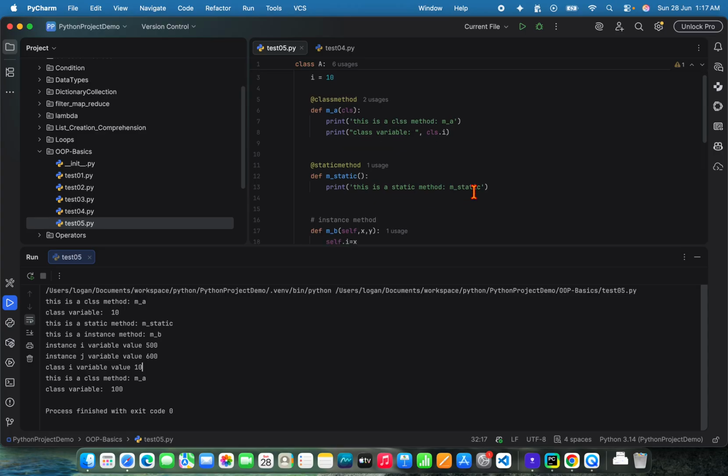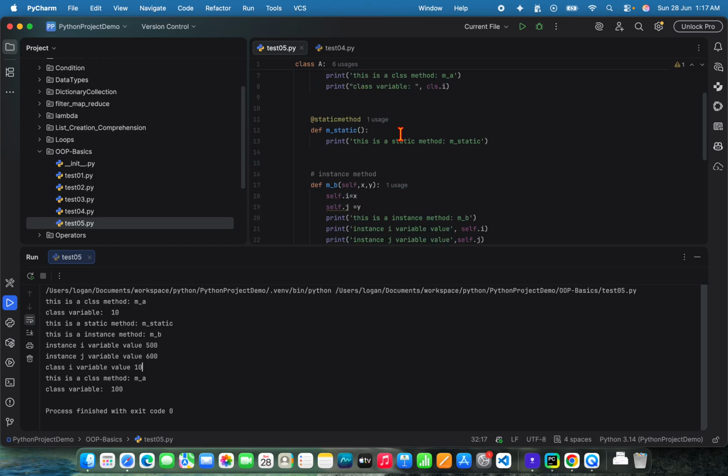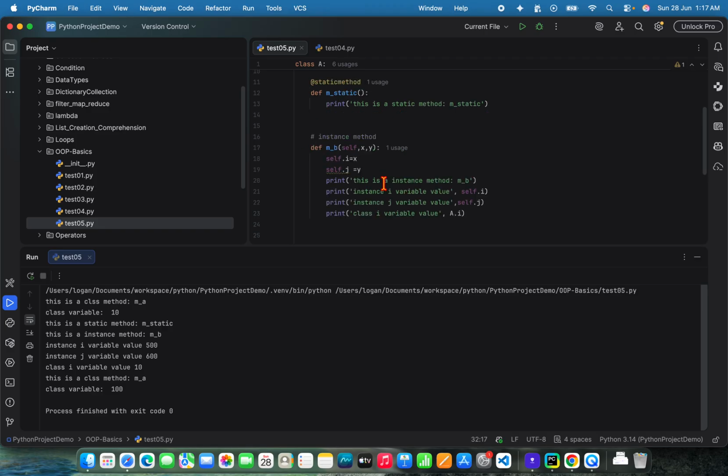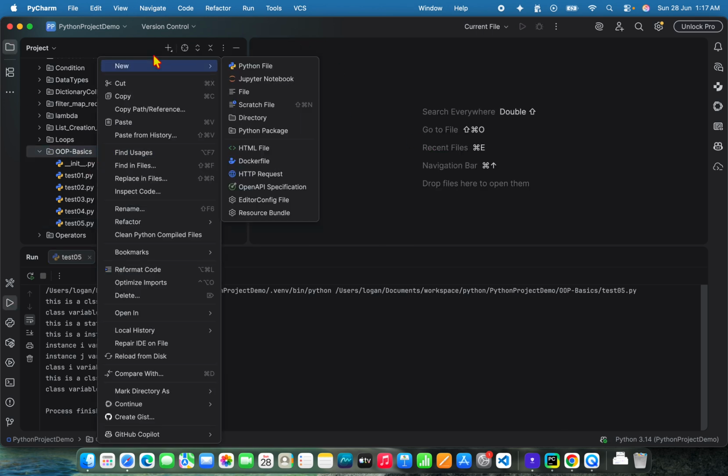Now I want to make them private so that access will not be granted to those variables and methods outside of the class. Only within the class I want to keep the access. Then I should go for private. How can I create private? It is very simple. Let me create a new Python file,